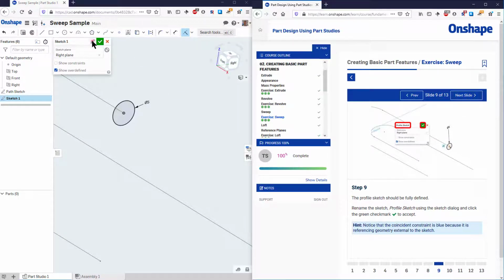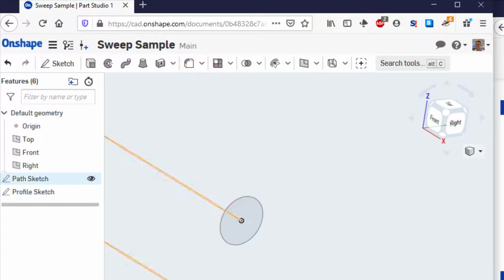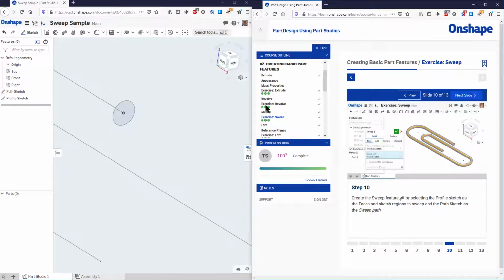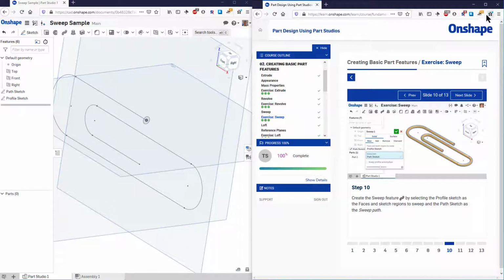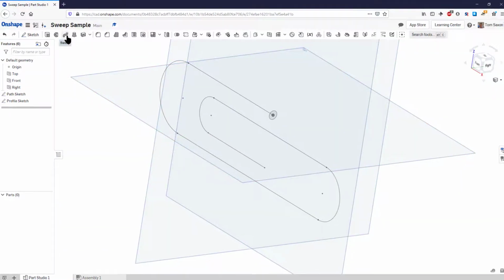We're going to go ahead and rename this. I'm going to call this my profile sketch. Hit the check mark, and you'll see I've got a path sketch and a profile sketch. Now the next thing we want to do is choose our sweep tool. So we'll go back to a full screen here. My sweep tool right here,